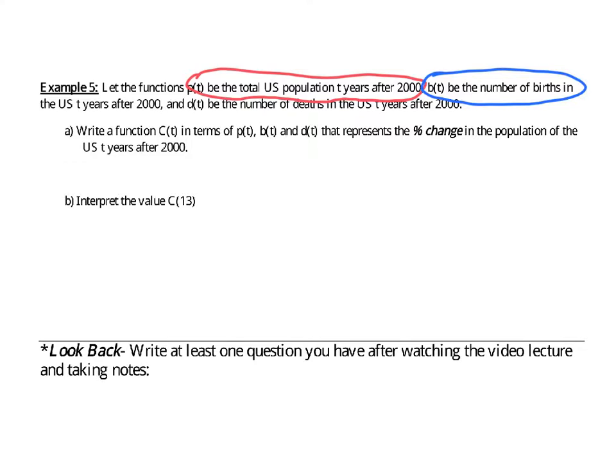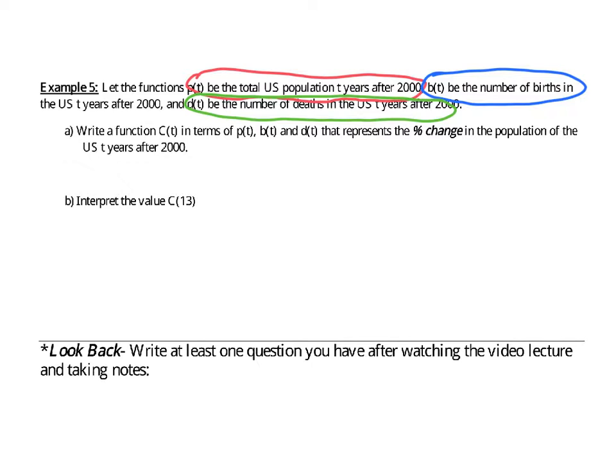And we also have D of t, which represents the number of deaths in the U.S. t years after 2000. Part A is asking us to write a new function, call it C of t, which involves all three of the above functions, that is designed to represent the percent change in the population in any